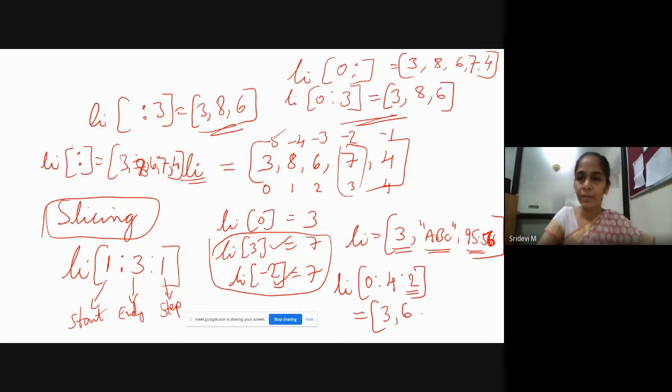The next element will be 4, but actually the index number is 4 and the endpoint is given as 4, means it will retrieve only till the index number 3. But 7 will be skipped because you have given the step number as 2. So you will finally get the numbers as 3 and 6. 4 will not be retrieved because it stops with the third index number, and you should also understand here that every alternative element has been skipped. Okay, so this is how the list indexes work.